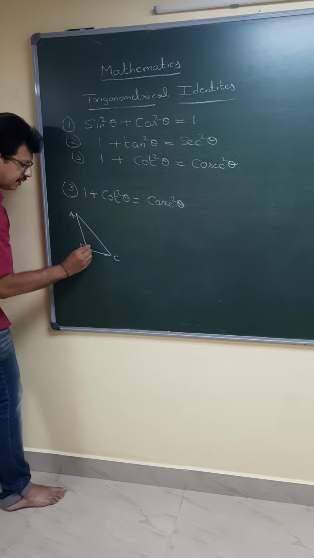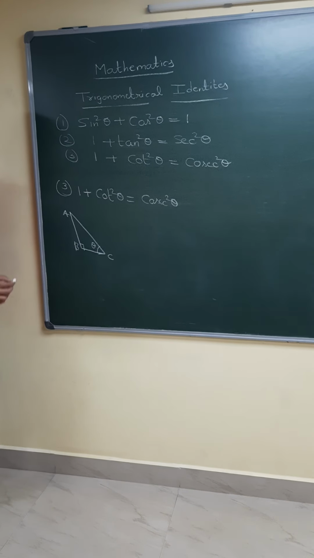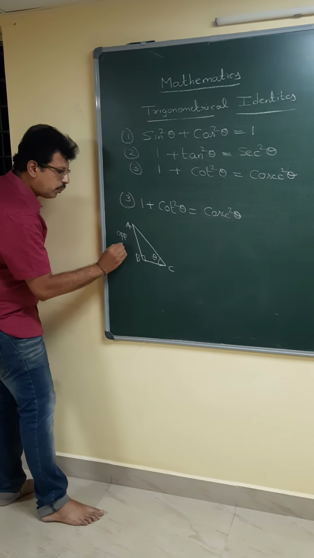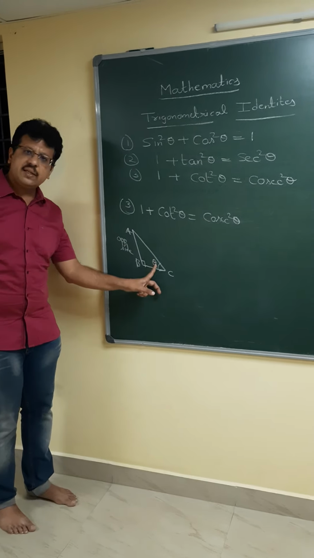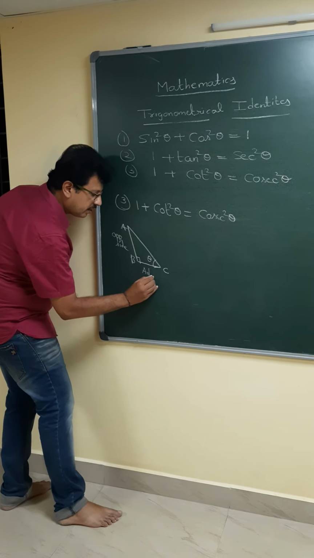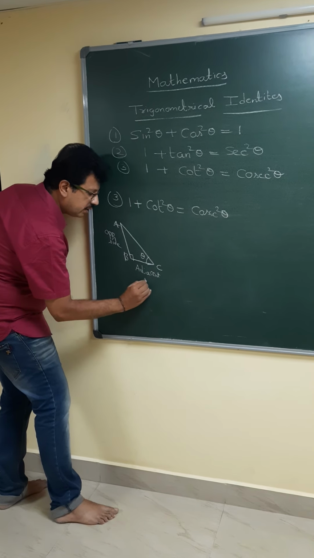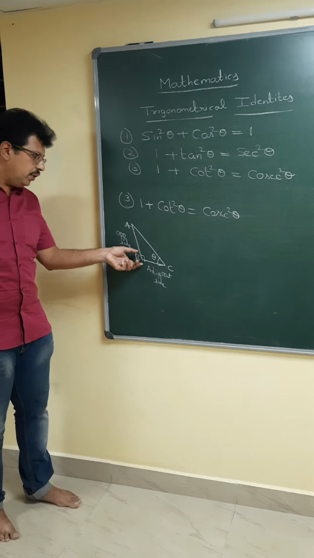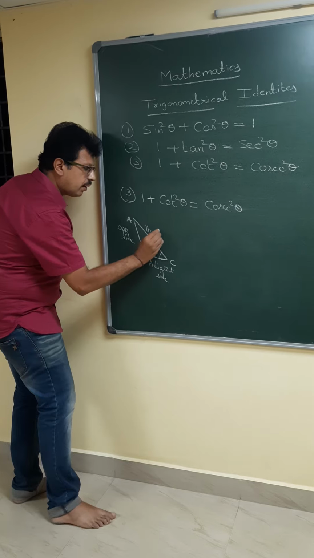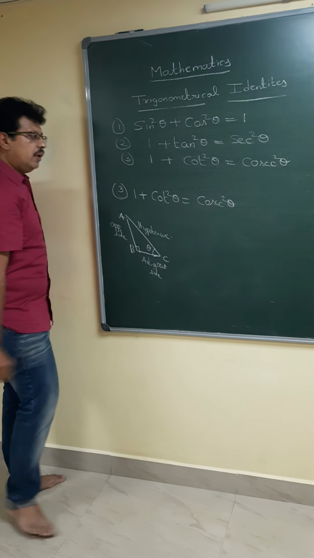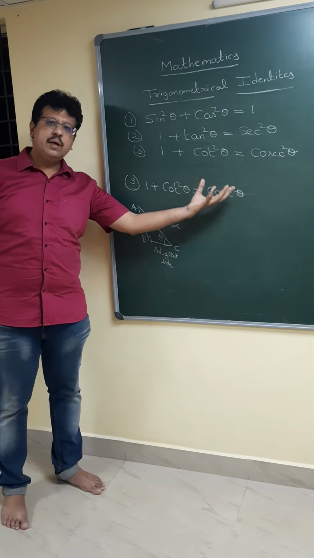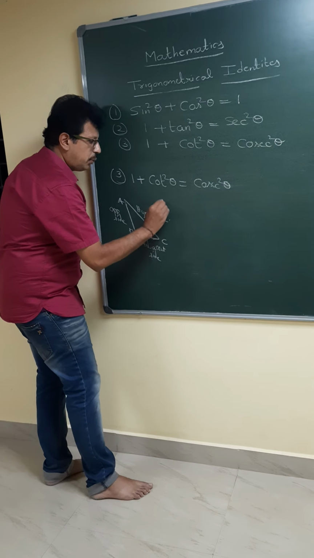ABC is a right angle triangle. Angle C is theta. As usual, we have taken theta as this one, and AB we have taken as the opposite side. You know why it is the opposite side, because we have considered angle C as theta. So AB is the opposite side and BC is the adjacent side. And as usual, I already explained to you, opposite angle B, AC is called the hypotenuse. So we'll prove this identity by taking the left hand side and proving the right hand side. Let us take this. That's a proof.